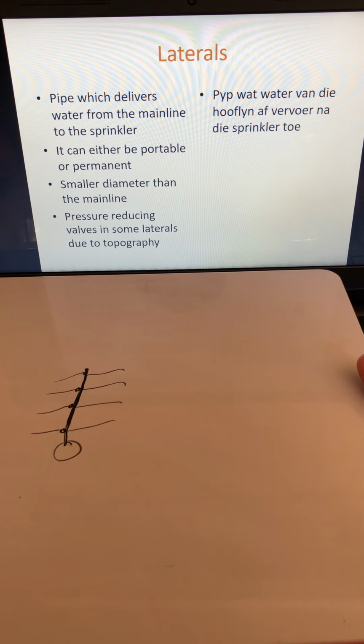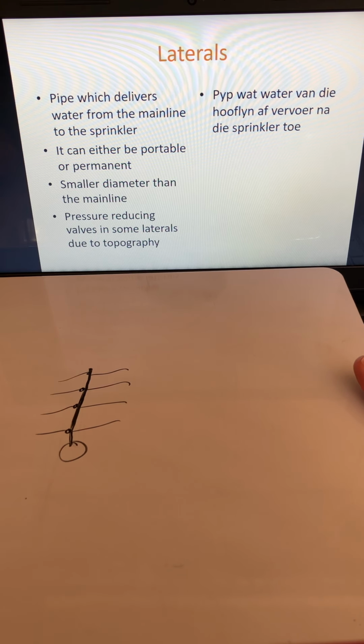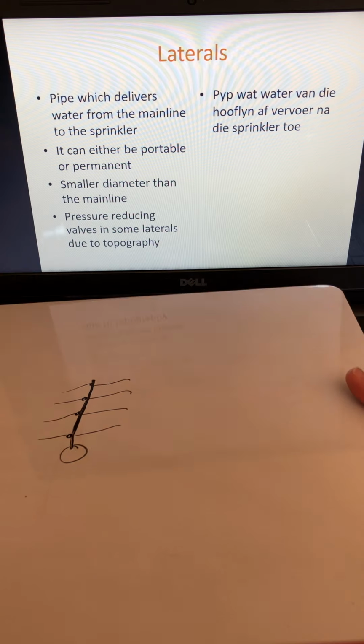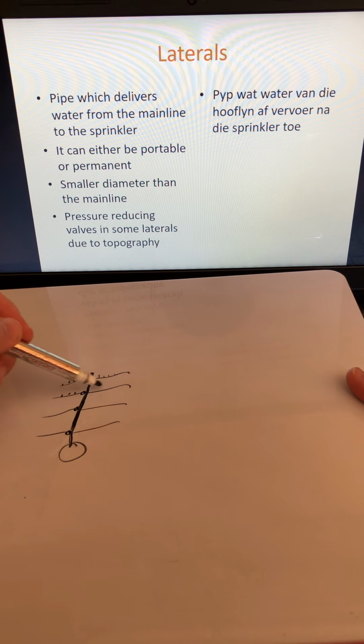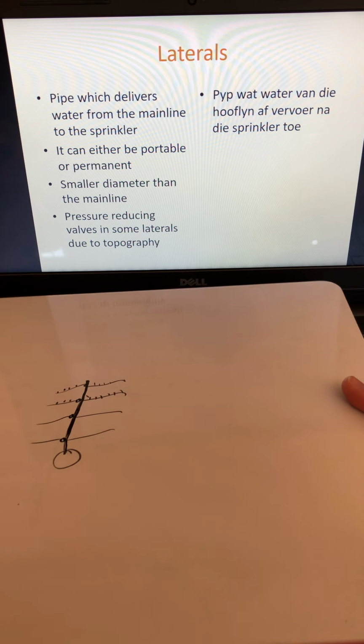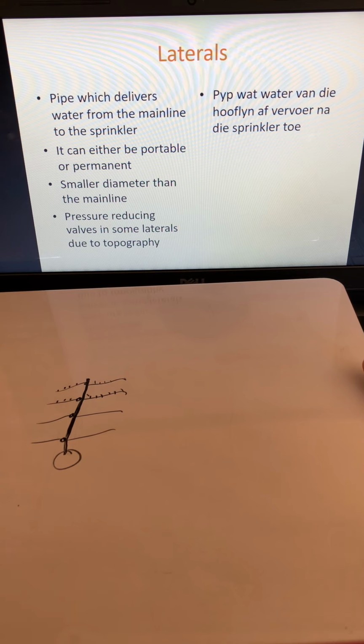Your laterals are the pipes that deliver water from the main line to the sprinkler. So you've got a couple of sprinklers on this lateral, and from your main line it delivers water to the sprinkler. So it's got a smaller diameter,